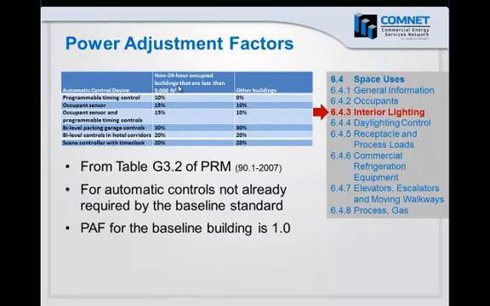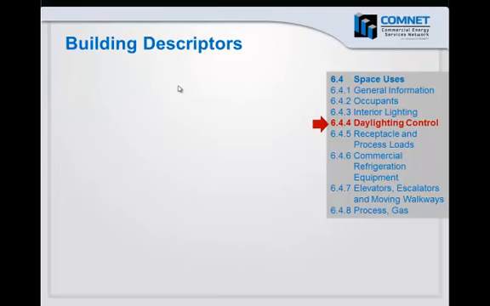The power adjustment factors are credits that are allowed for automatic lighting controls, which are not already required by the baseline standard. This particular table, which is reproduced in COMNET, is table G3.2 from the performance rating method. Moving on to daylighting controls,